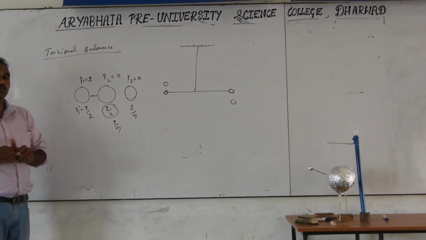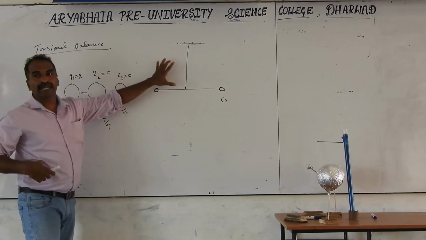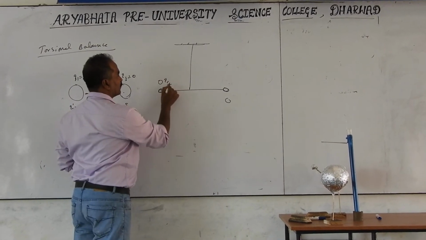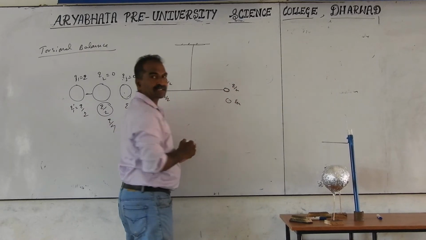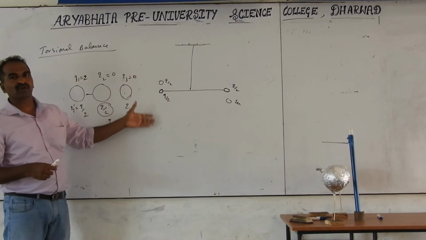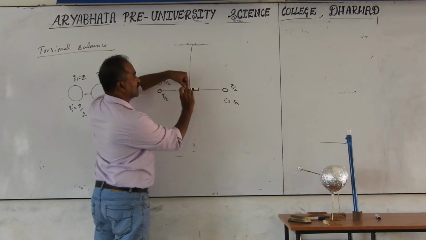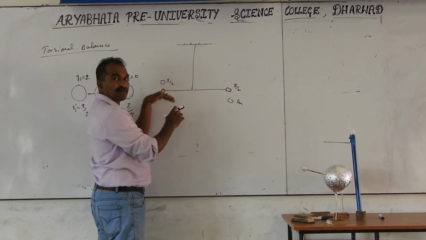Like this the charge ratios are known, but the exact value of the charge was not known by Coulomb at that time. He took charges such as Q by 2, Q by 2, and next Q by 4 like that. The suspended thread has one sphere on this side and the other sphere on the back side. Actually in the diagram we are not showing the back side sphere.